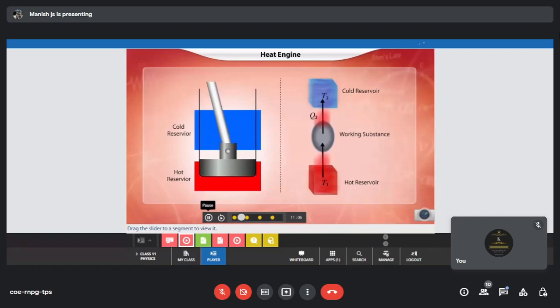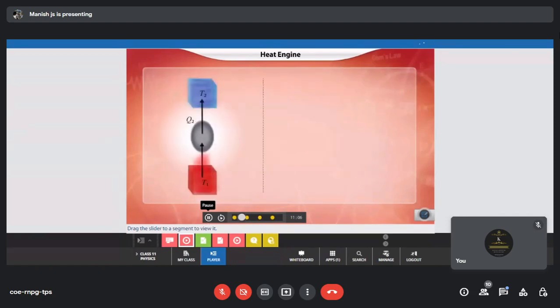This cyclic process continues and heat energy is converted to mechanical energy. The efficiency of the heat engine is defined as the ratio of the work done by the system W to the amount of heat absorbed by the system Q1 in one complete cycle. So this is the formula for efficiency. Pathingannaa, it is the ratio of the work done by the system. So whatever work the system does in one cycle, that work done divided by Q1.